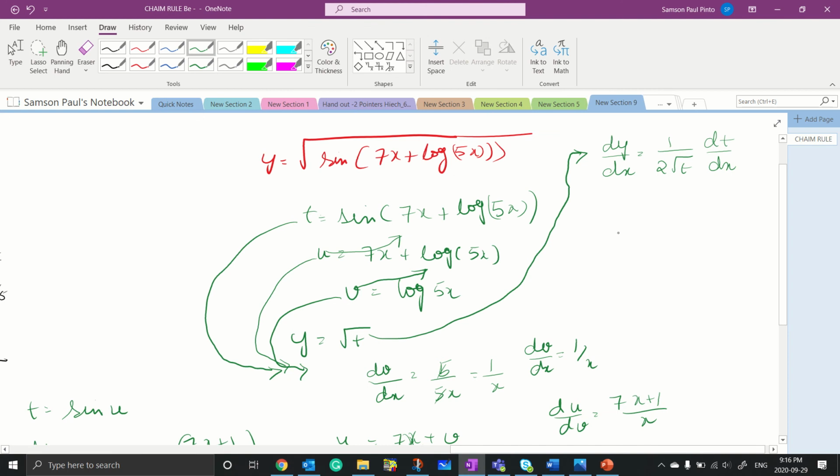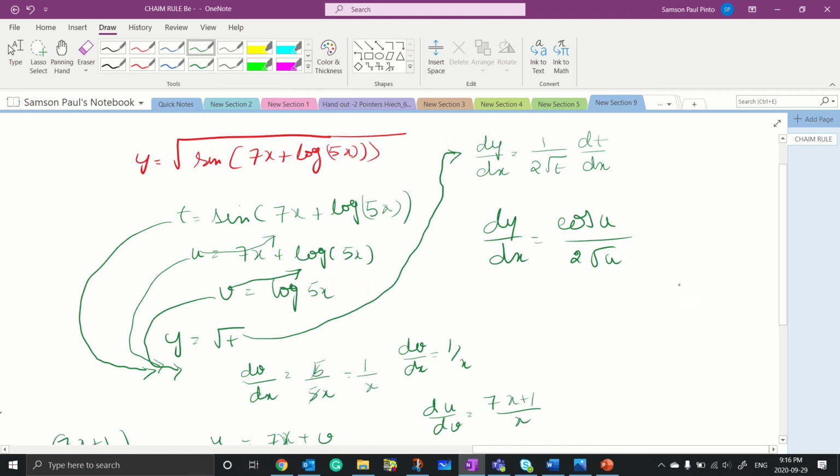So dy by dx is equal to cos u divided by 2 root u into 7 plus 1 by x, and if I were to substitute everything back, I would get dy by dx is equal to